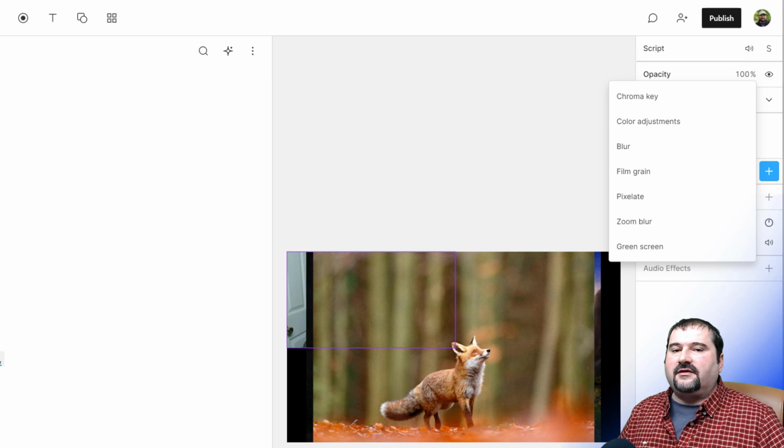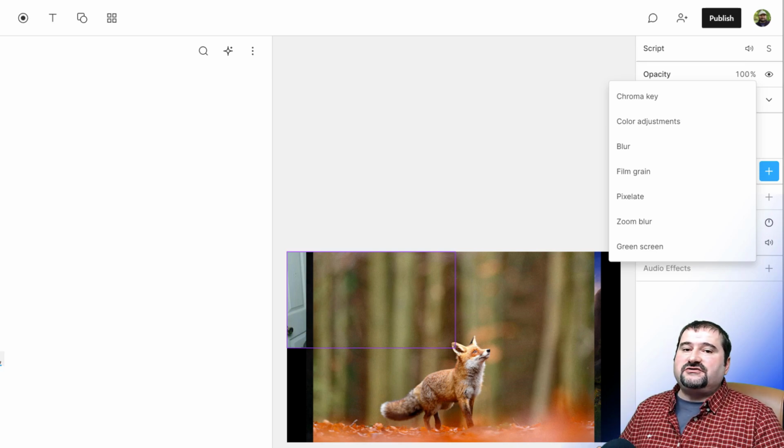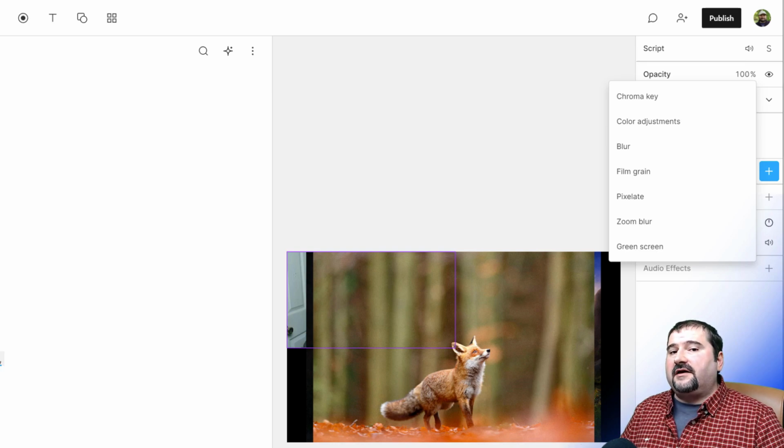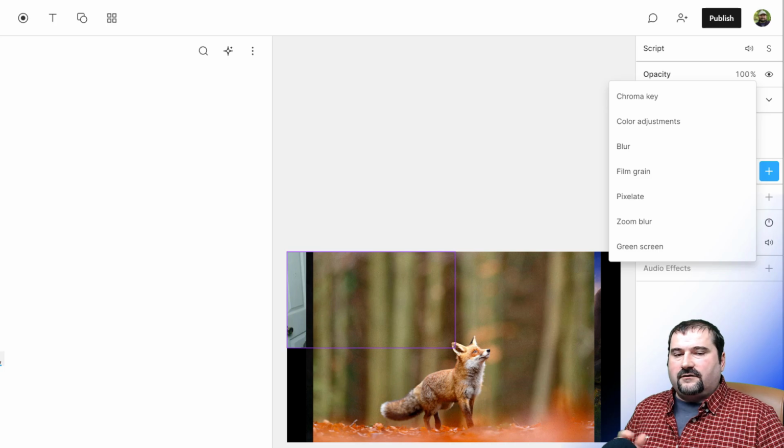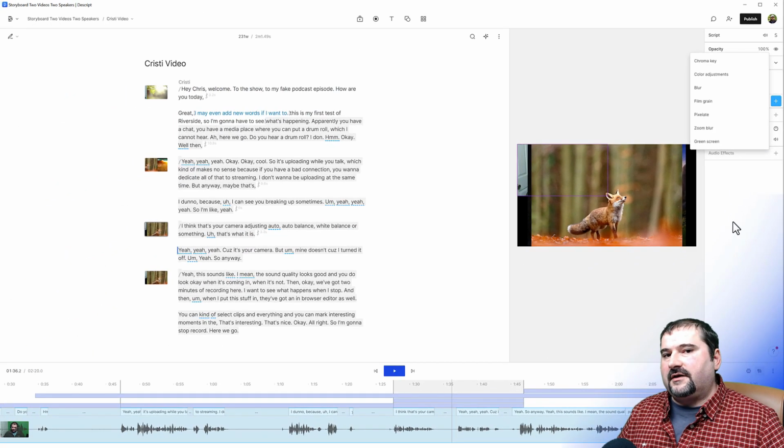So you can apply those to your videos now, and you get a bunch of new transitions, no longer just fade in and out, but you can apply those at scene level, not necessarily at a clip level. So we will talk about those in a separate session. All of the effects, I'll be covering them.